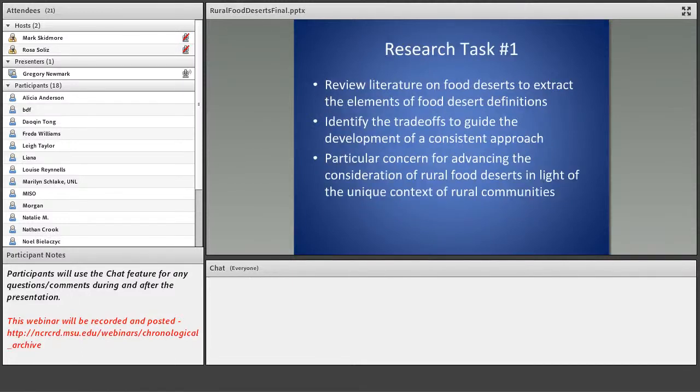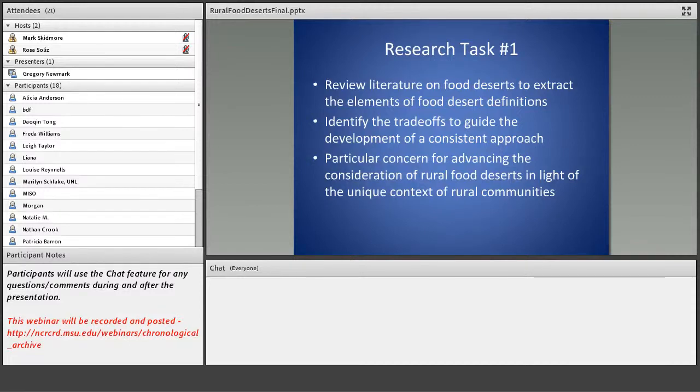So we have several research tasks to approach these issues, and I have them numbered, but they really were largely in parallel. But I'll go through them in order. The first thing was we really wanted to get back to the roots and identify what the literature on food deserts says about how those food deserts are defined. So we wanted to cut to the core and extract the key elements of food desert definitions and identify the trade-offs with different definitions